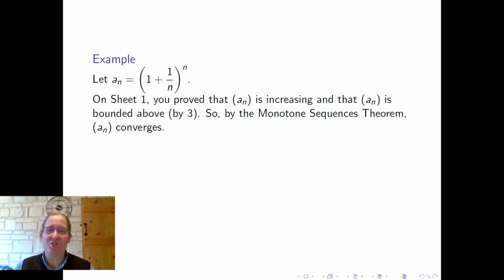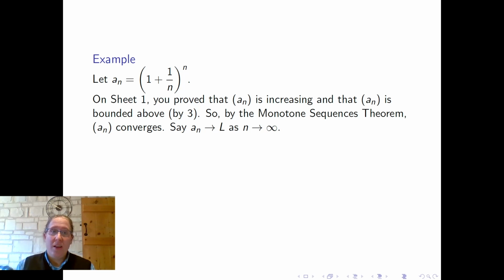A lot of our strategies so far, especially if you want to use the definition, you kind of have to have a guess of what the limit is. With the monotone sequences theorem, we can sort of creep up on a sequence and show that it's convergent without needing to know so much about it that we know what the limit is. So the sequence here, A n, converges. If we say it tends to the limit L as n tends to infinity, what can we say about L?